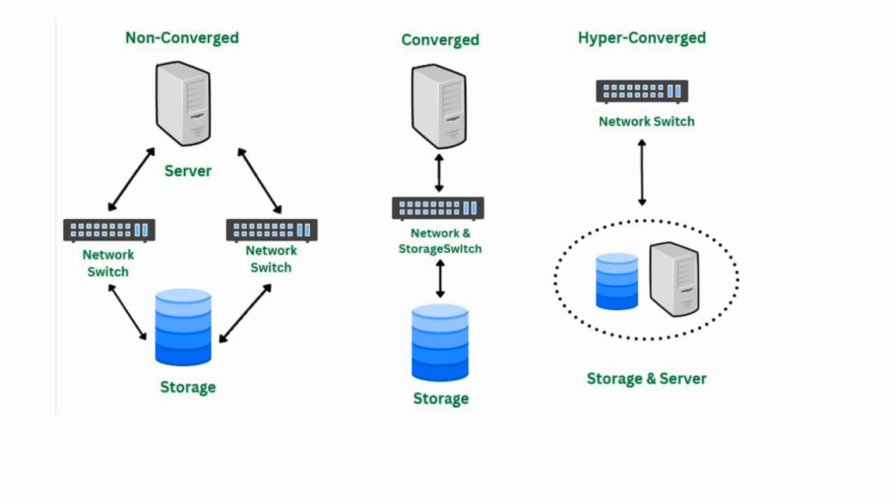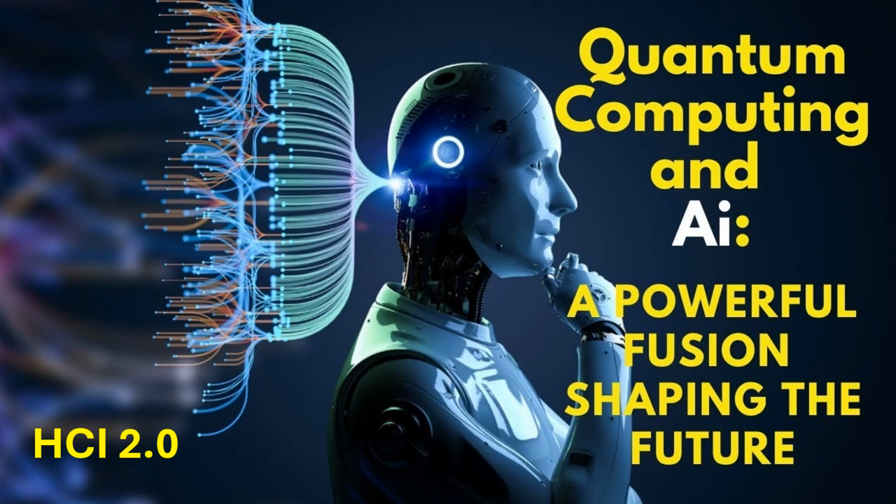In the previous section, we walked through the evolution of IT infrastructure, from traditional servers to hyper-converged and composable systems. Now, let's shift focus to what came after 2017, the modern trends that are shaping the future of infrastructure, including hyper-converged infrastructure 2.0, AI, and quantum computing. First one is